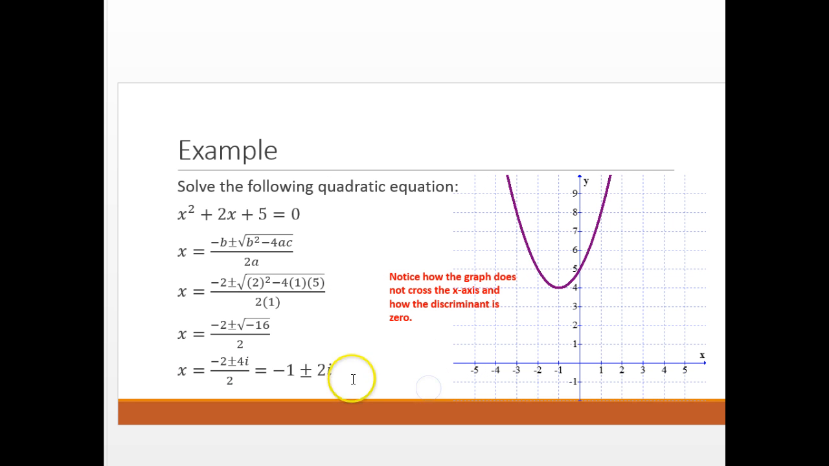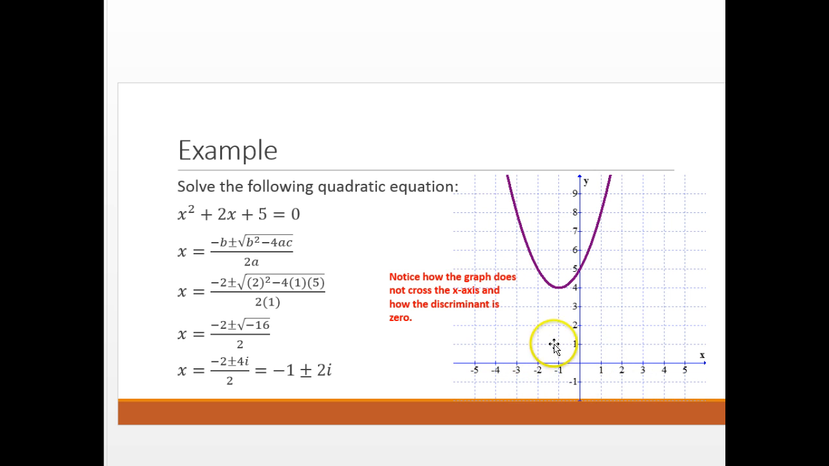Now, how do we graph these? Well, we can't graph these on the regular xy coordinate system. But it doesn't really matter because if I look at the graph of y equals x squared plus 2x plus 5, notice it does not cross the x-axis. Okay? And again, there are no real solutions which correspond to this, because if it actually crossed the x-axis anywhere,